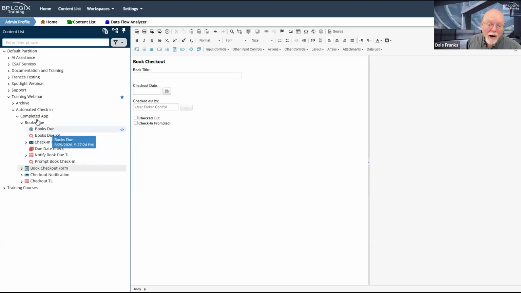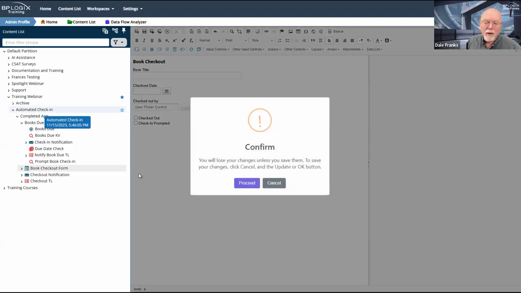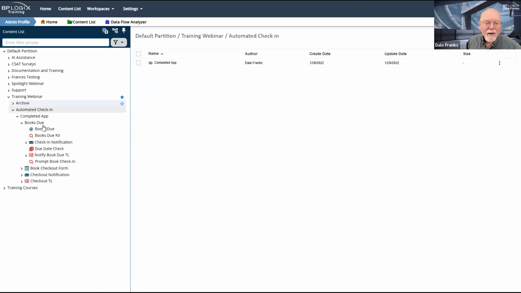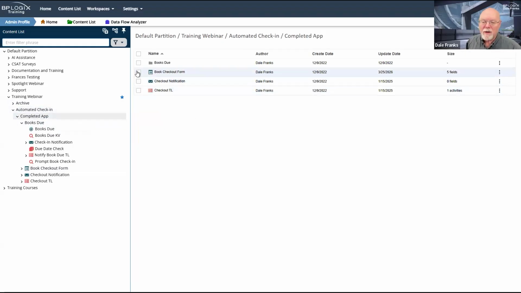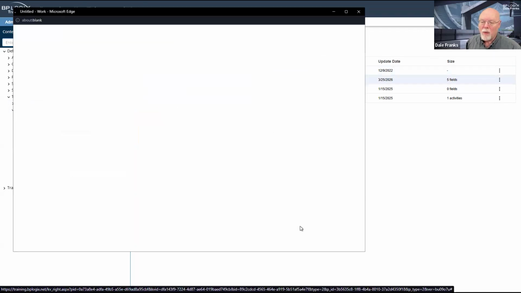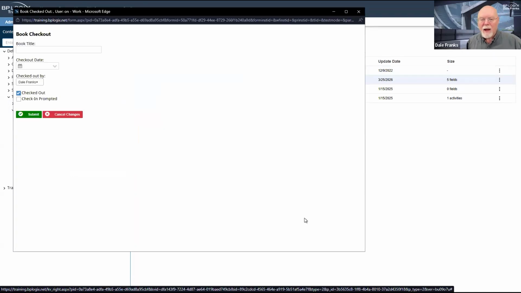So as a practical matter, when I decide that I'm going to run this and check an item out, we'll go back up here to automated check-in. I don't want to save anything. Completed app, that's where we need to be. There is our book checkout form. So we're going to run it. And there we go.